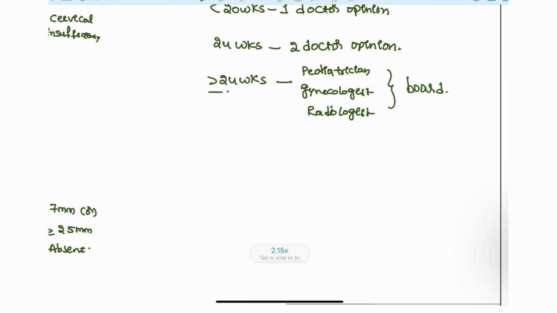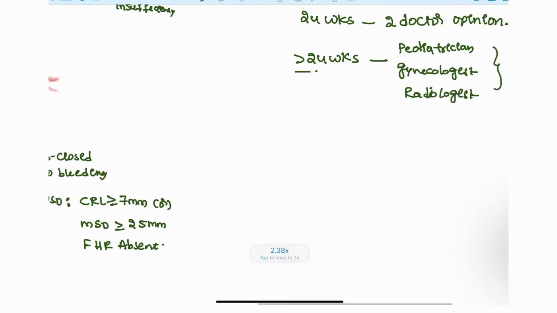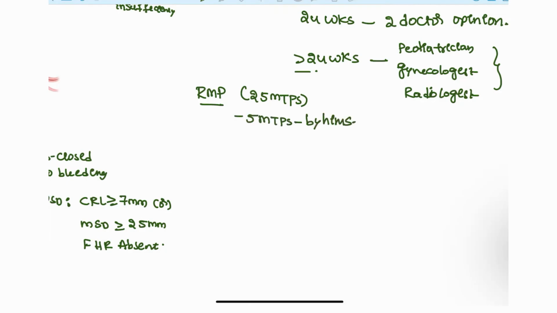Next, who can perform? RMPs can also perform. Who is an RMP? A registered medical practitioner, who completed the MBBS study and also cleared the examination, and this RMP should have assisted at least 25 MTPs, and at least 5 MTPs he has performed by himself or herself. Okay, only they have to perform these MTPs. And consent, coming to the consent,